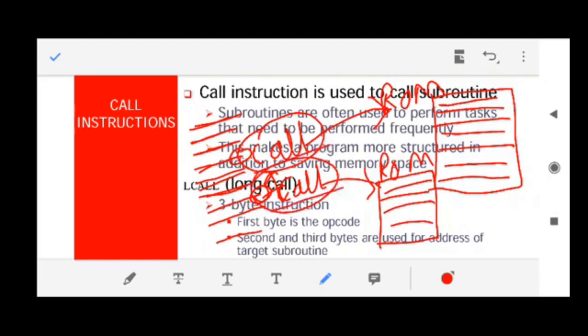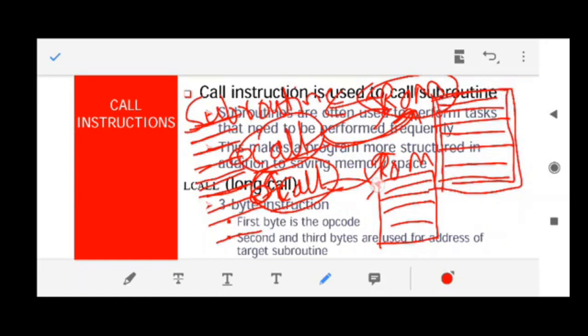For that you use the call instruction, and the program which you call, which is already saved in the memory, is known as a subroutine.